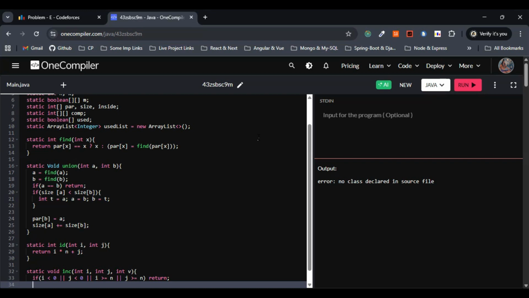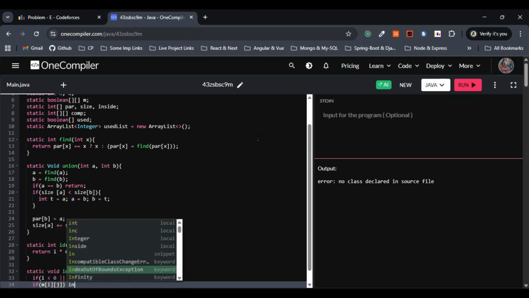Now let's see, what if the cell is empty? Only if the cell is empty do we have to adjust the inside counter, right? That one also we have to consider, or else we'll get the error. So let me write the simple if condition here: if m of i j,